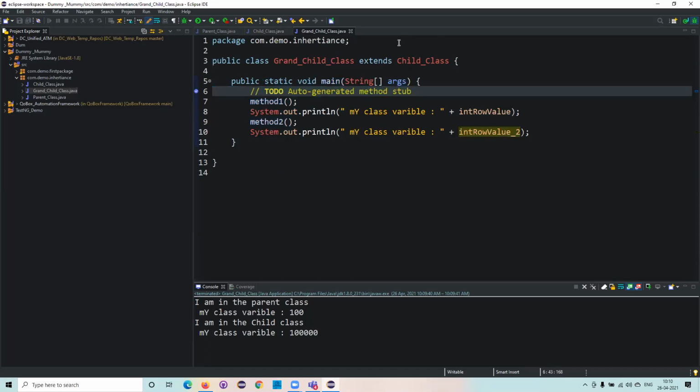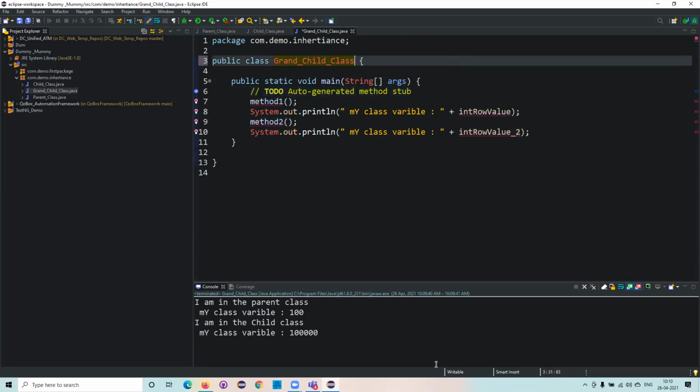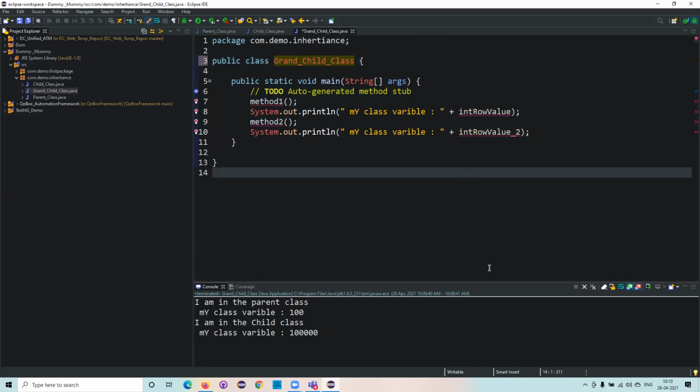Now what I'll try to do, I'll remove this extending for the child. Means now what I'm trying to do over here is I have A, I have B, which I wanted to extend in class B at one shot.